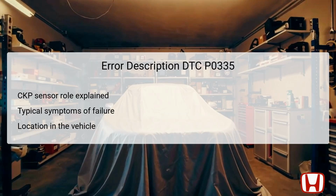DTC P0335 signifies a no-signal condition from the crankshaft position CKP sensor to the powertrain control module PCM. The CKP sensor is essential for monitoring the position of the crankshaft, which aids in determining the timing for fuel injectors and ignition coils. If this sensor is not functioning correctly, various engine performance issues can arise, including hard starting